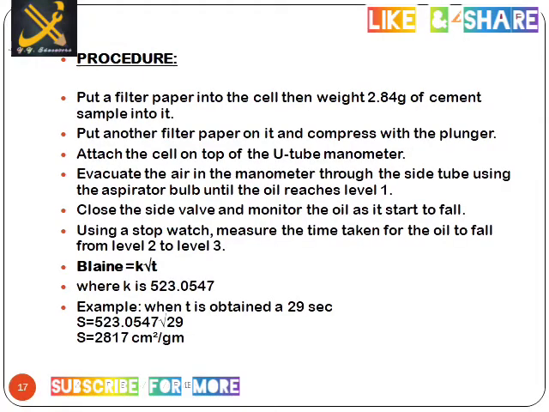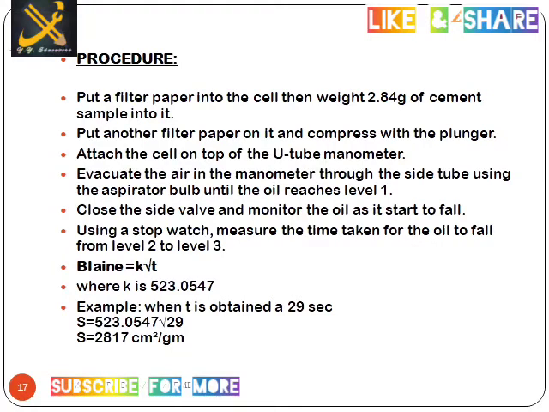Procedure of air permeability method. Firstly, put a filter paper into the cell, then weigh 2.84 gram of cement sample into it. Then put another filter paper on it and compress the plunger. After putting the sample, put the plunger. Attach the cell on top of the U-tube